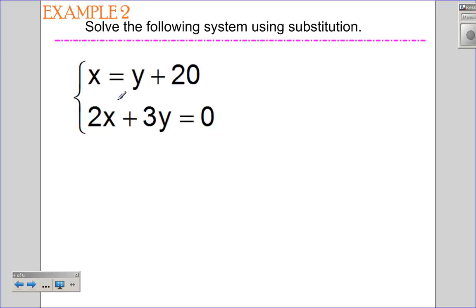Let's take a look at our second one here. I have x equals y plus 20, and I have 2x plus 3y equals 0. So I'm going to substitute in this whole value here. I'm going to put it in parentheses because it's this whole value in for x. So instead of x here, I'm going to have y plus 20. So it's not 2 times x, it's 2 times y plus 20